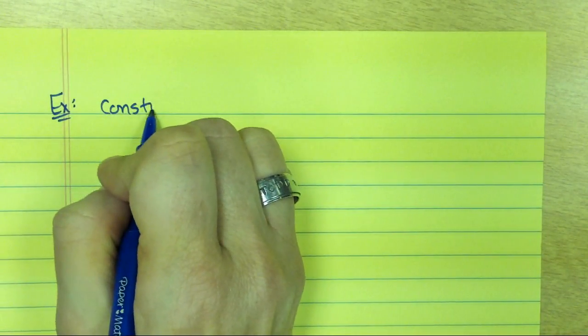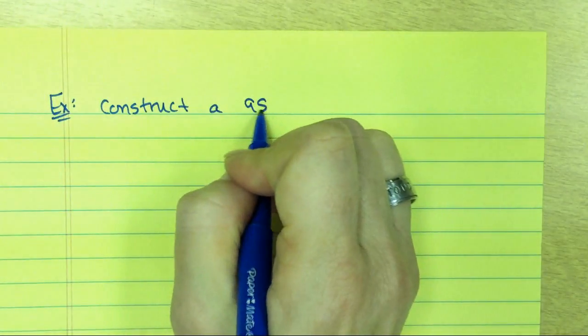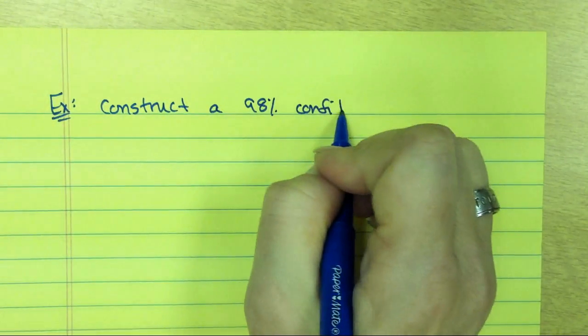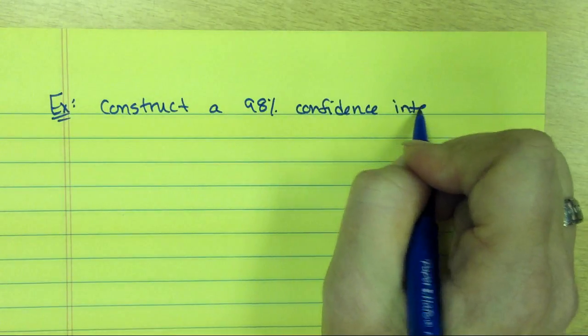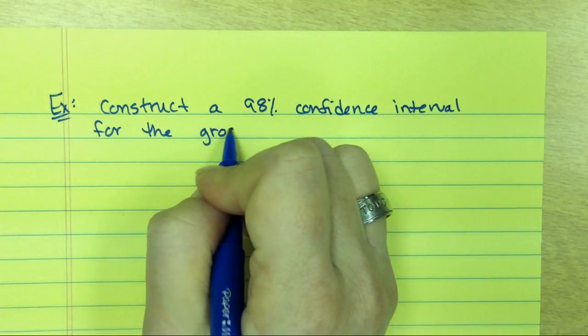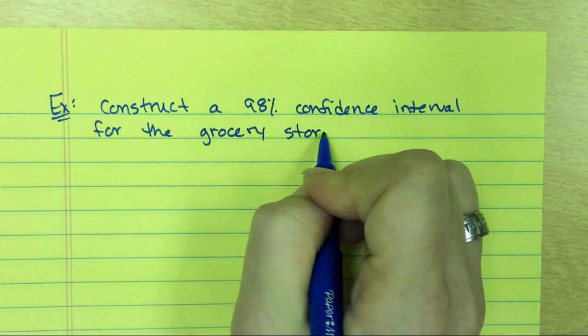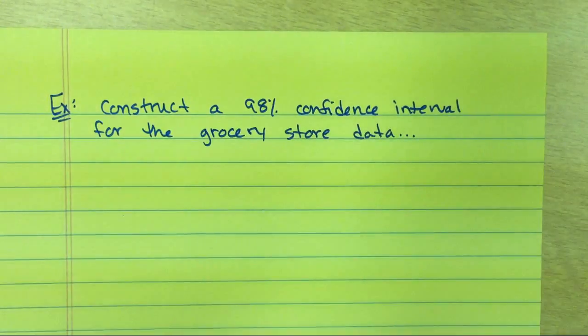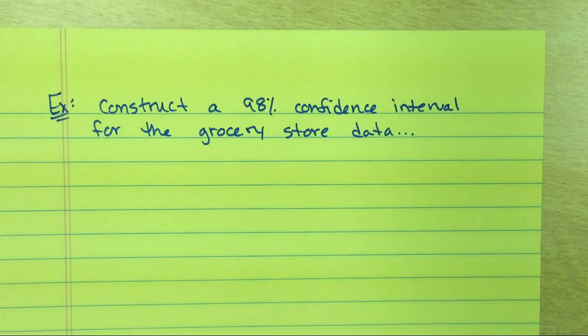Okay, let's go back to our grocery store example and construct a different confidence interval just so we get a little bit of practice. So we are going to construct a 98% confidence interval for that grocery store data that we had. So our steps are that we have to verify that sigma is known, and that was given to us in